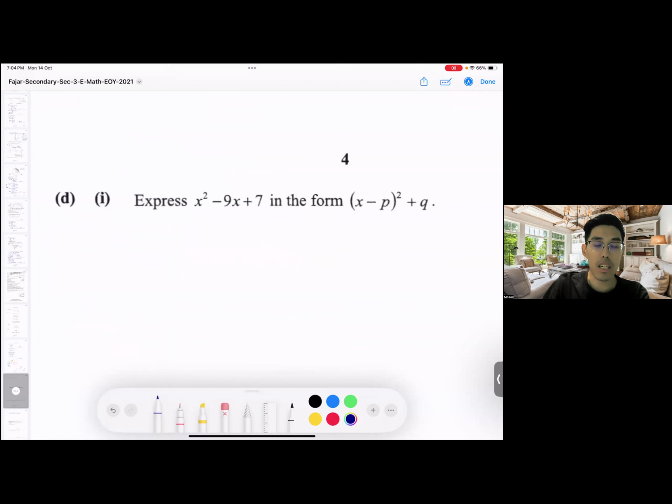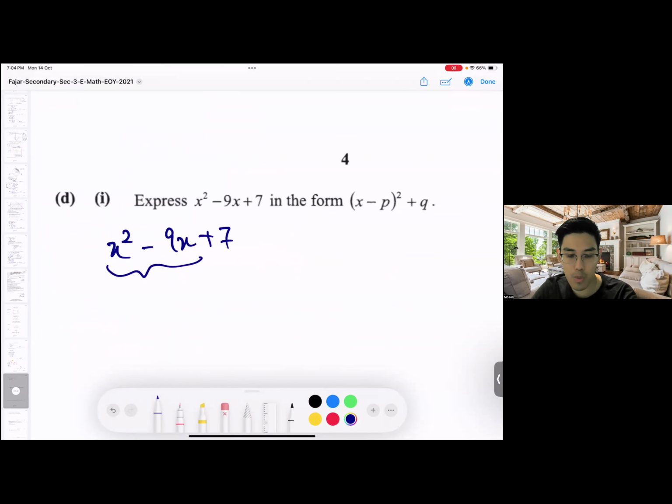Express this as completing the square. Those of you who need to revise on completing the square, make sure to listen up for this one. The idea here is if I want to make the first two terms part of an algebraic identity, how do we do so? We take the middle term and divide by 2. I don't want to go into the specifics of how completing the square comes about. If you need help with that, come directly to me.